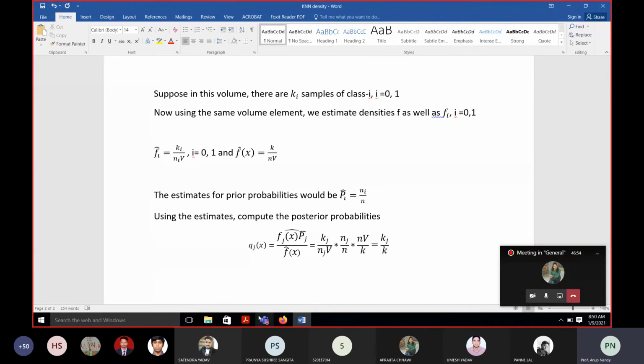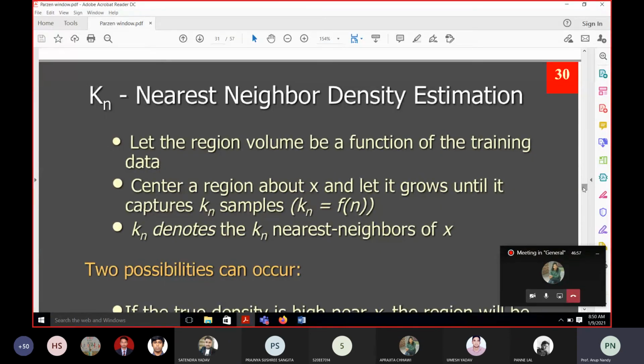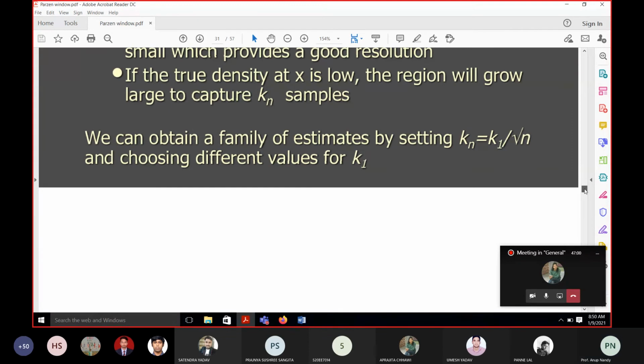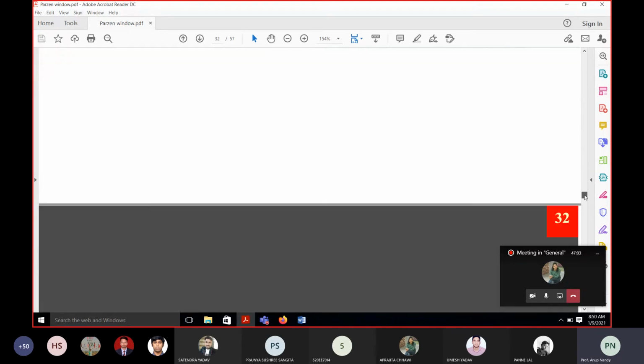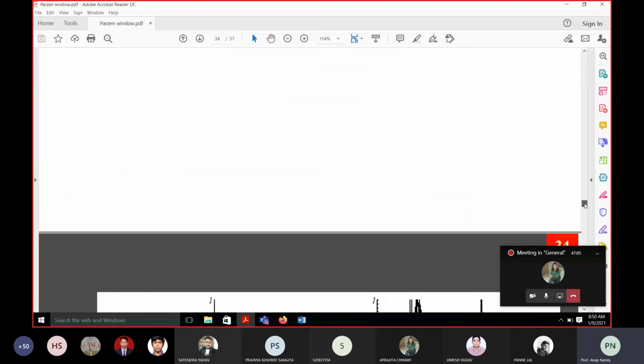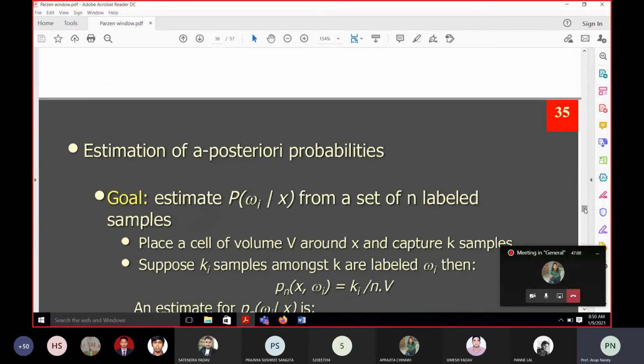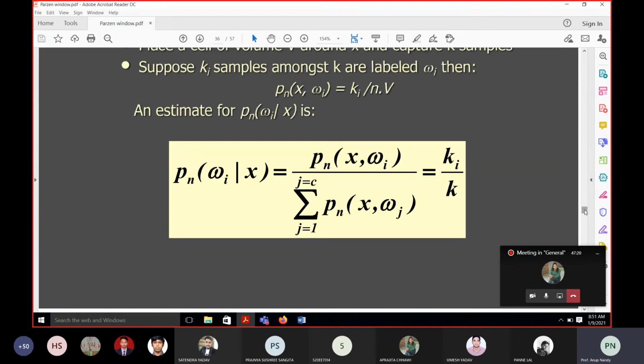So this is your prior probability. Now if you see my PPT, the PPT that was already sent to you, there are some examples. Now your goal is to estimate a posterior probability. Look, we are computing the posterior probability. You end up with these things. But how it is coming, you need to understand it. So you have already computed the posterior probability.